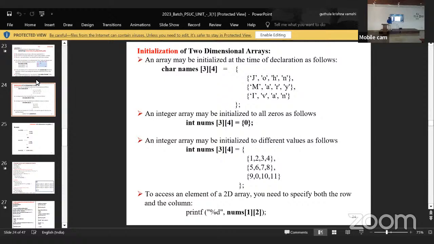In previous class we have seen how to access the elements of two-dimensional array and how to print the elements from the two-dimensional array. Now